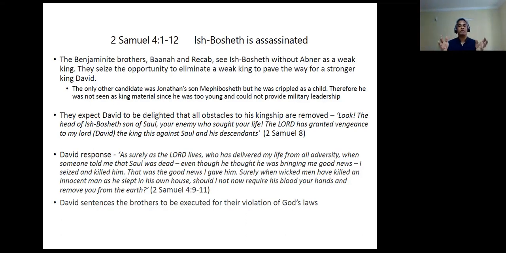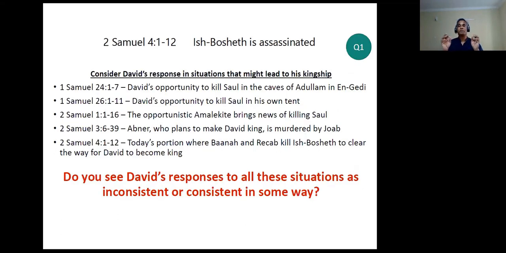And therefore, David sentences the two brothers to be executed for their violation of God's law. So David is playing his kingly role of judging them, right? And he sentences them to death, which is by God's law for murder that they commit. Now, having covered that part, the first question we want to look at is, what is David's response in similar